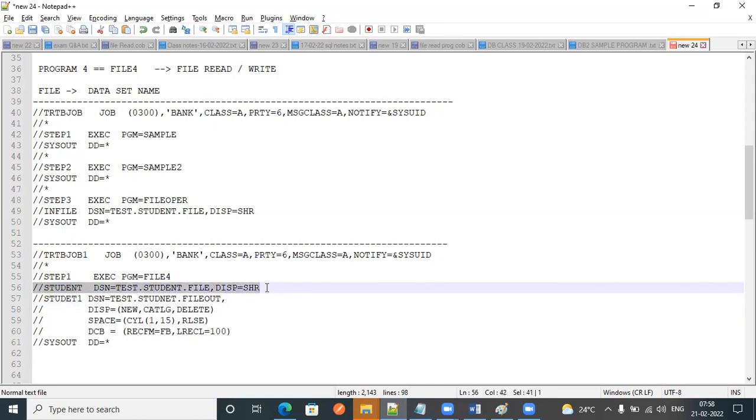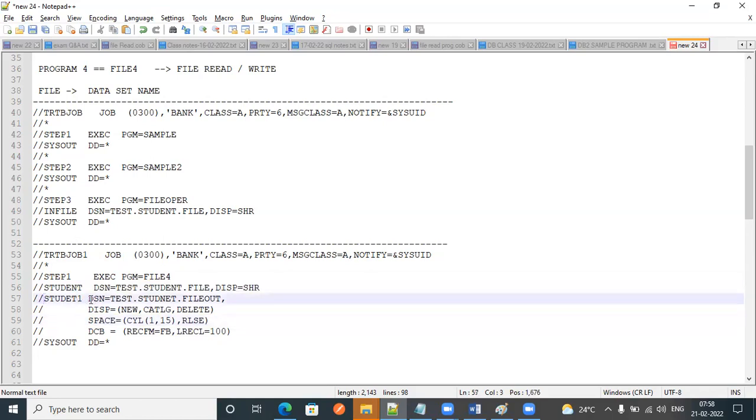So if you observe this line, DSN equal to data set name and DISP equal to SHR. There are no other keywords like DISP, SPACE and DCB. So then we can decide this one is an input file for this step. What is the output file for this step?